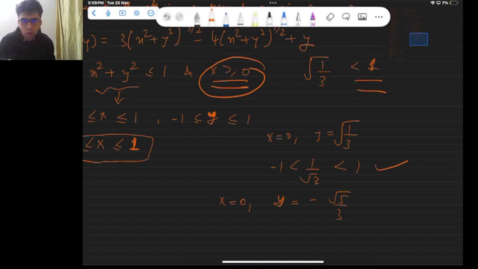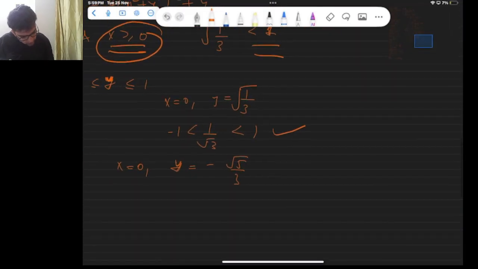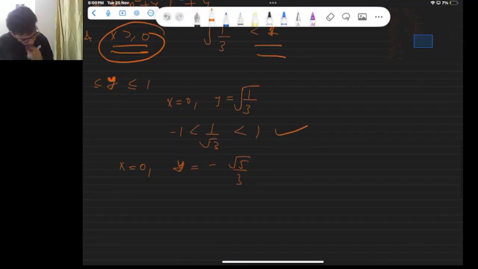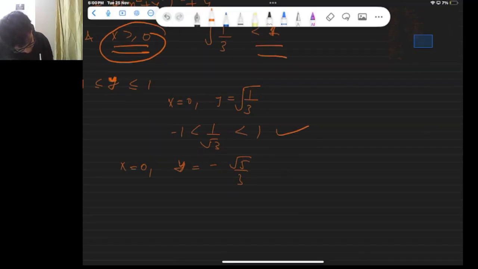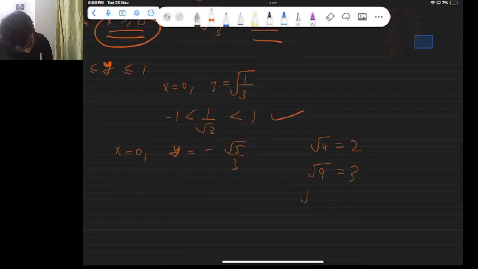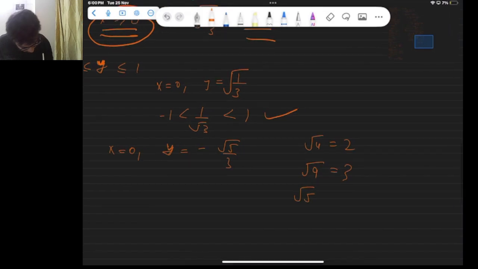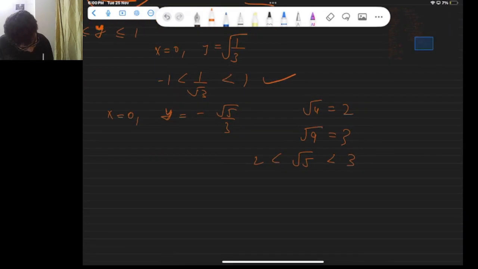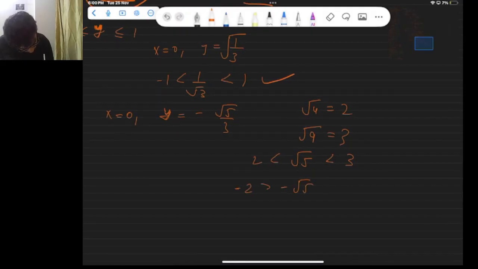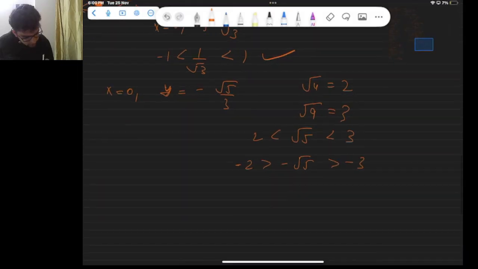Right. So negative root 5 upon 3. So we know that root 4 is equal to 2 and root 9 is equal to 3. So basically root 5 will lie between 2 and 3, and negative root 5 will lie between minus 2 and minus 3. And if I just divide this whole expression by 3, this will give me